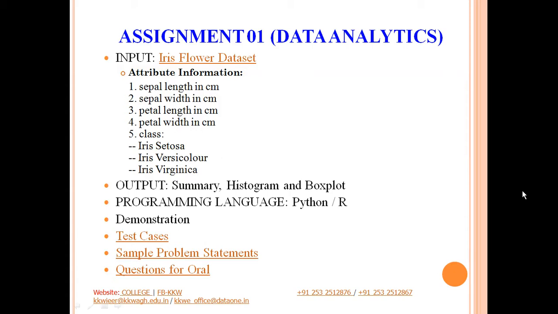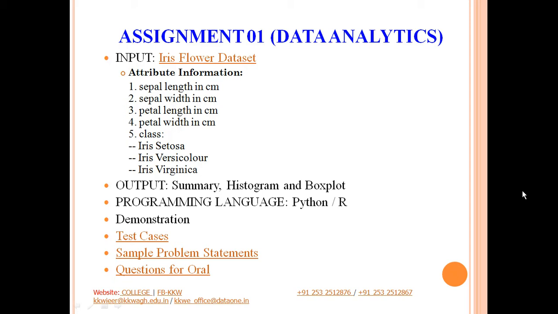First let us discuss the assignment before we move on to the actual code. The input, as I have already mentioned, is the iris flower dataset, the iris.csv file. CSV stands for comma separated values. Now what is there in this particular dataset, we will see. There are actually 5 attributes or features in this dataset.